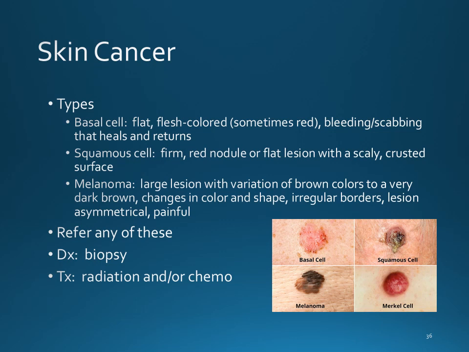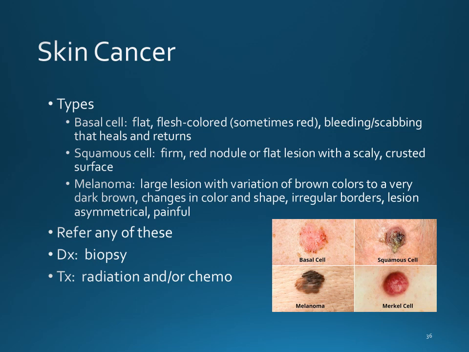So one of the most common that you'll see are basal cell carcinomas. These really are early cancer lesions. They can start out as small little red areas, usually flat. Sometimes you can see bleeding. So in this one, you can kind of see some dried blood right there. But usually they're flat, kind of red or pink in color.